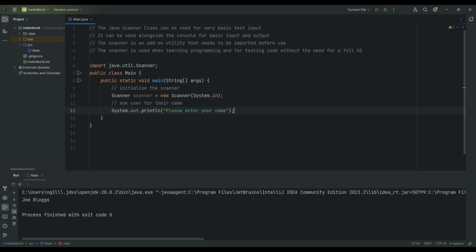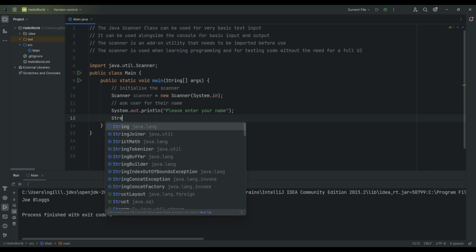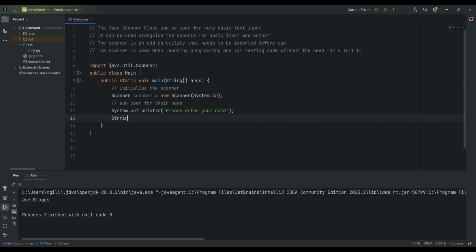And now we can assign whatever they key in to a variable, and we can use the scanner for that. So I'll need to create a variable called name, so string name equals